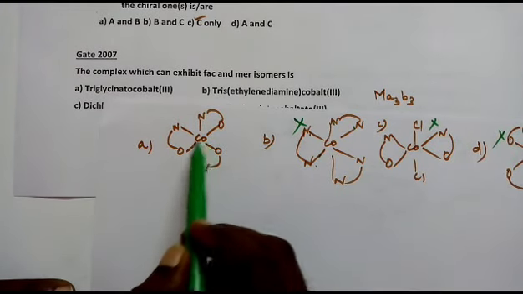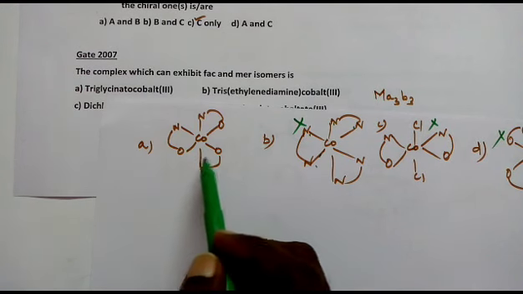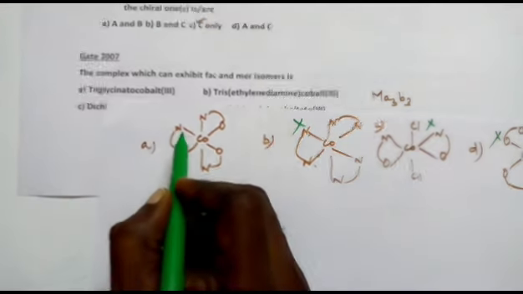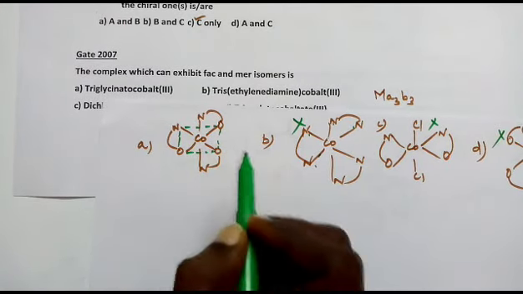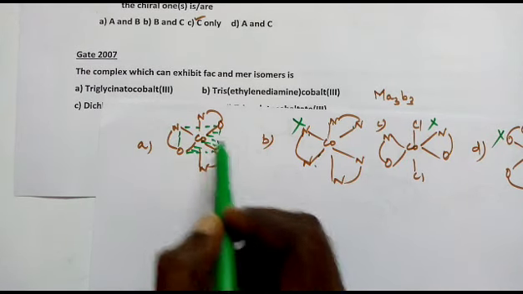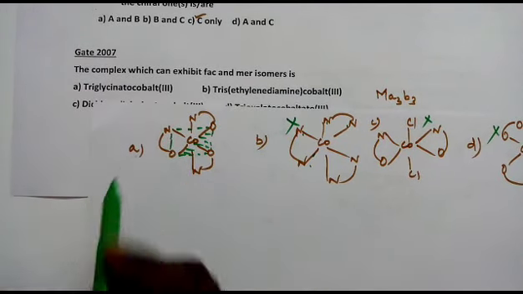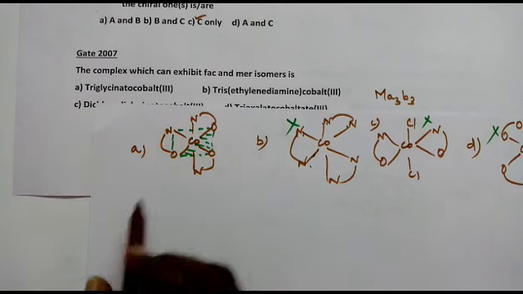3 nitrogen, 3 oxygen. This looks like MA3B3. Look at this complex. How does it look? These 3 oxygens are in a square, which means they are at the meridian. So this is a meridional isomer. If I draw the facial isomer of this,